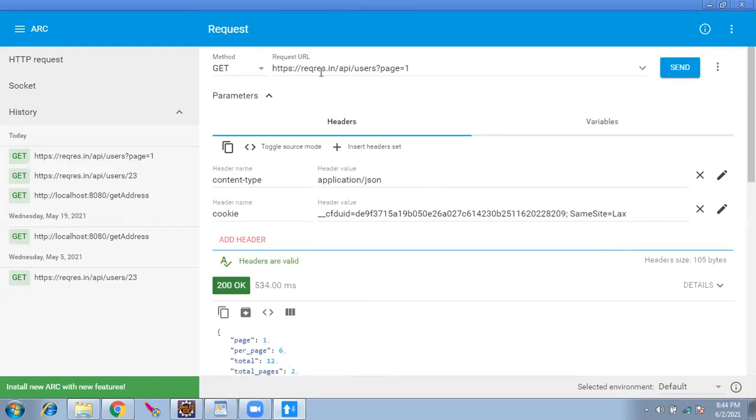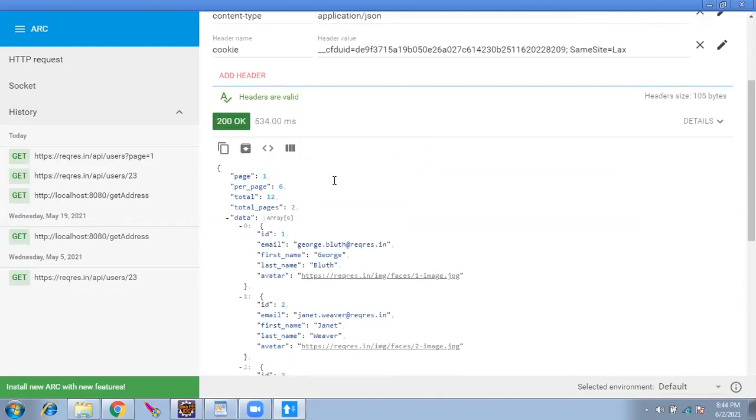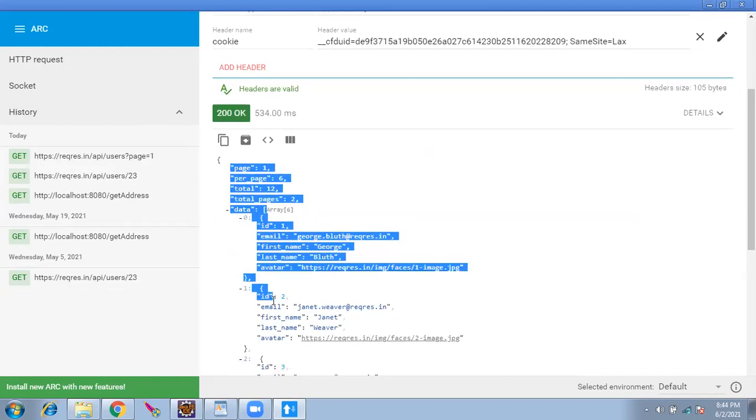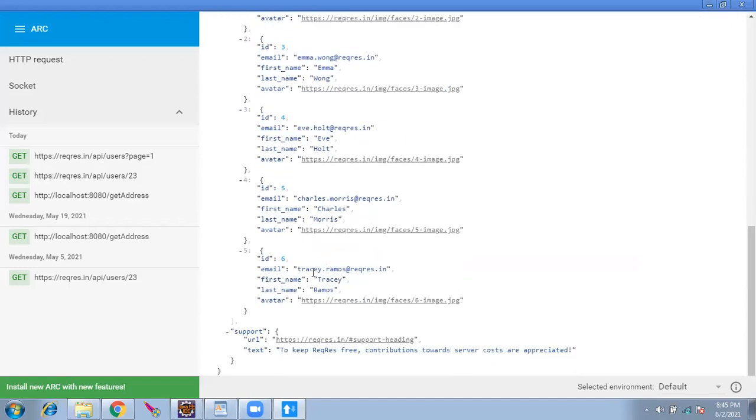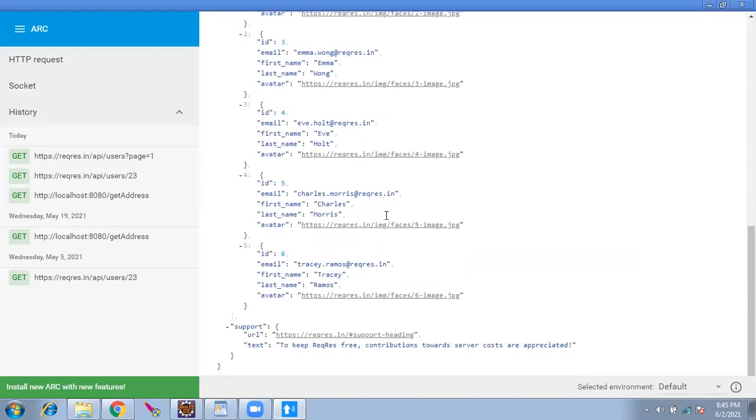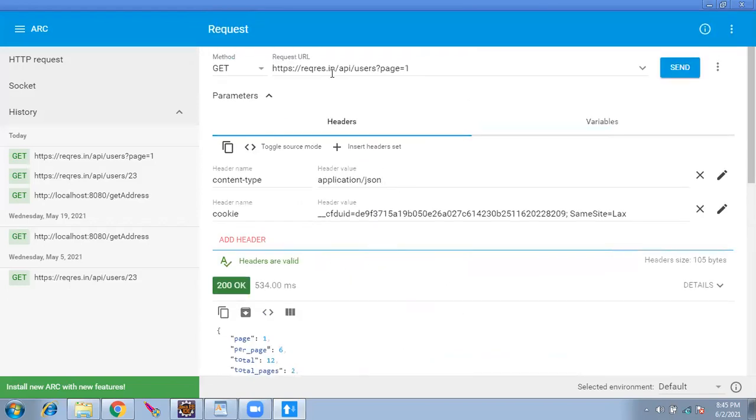So we have reqres.in, their website. They have an API. The name is users, and they send out this reply. The first user name is George. Second user is Janet. So as they keep adding into the database, I can query here and I can see, instead of calling them, instead of sending an email to them, I'll use their endpoint. Okay.